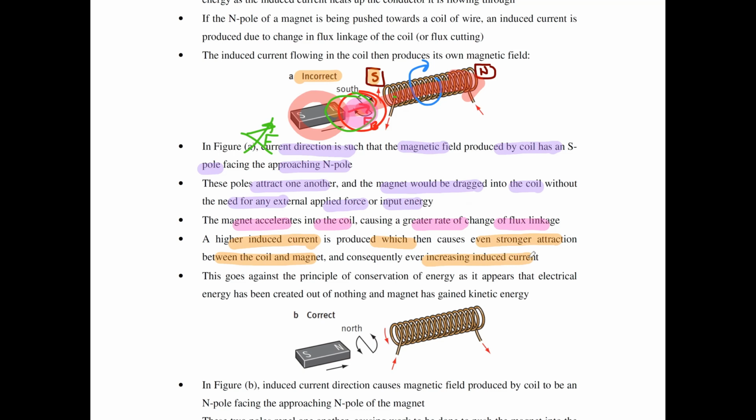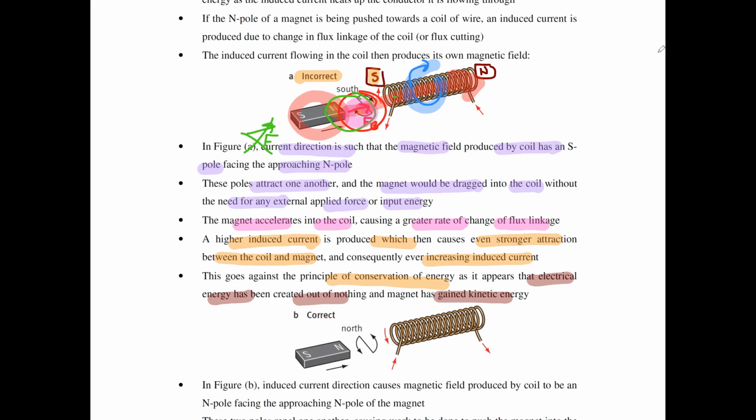All right. So this goes against the principle of conservation of energy because right now you seemingly have electrical energy created out of nothing. And at the same time, your magnet has also gained kinetic energy. So where did that energy actually come from? It cannot have just come from nothing. All right. So that's why here, if your current direction is like this